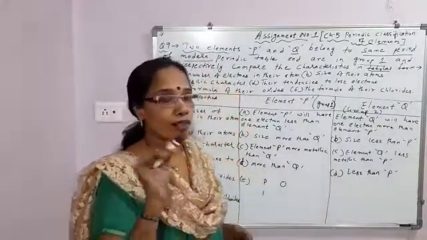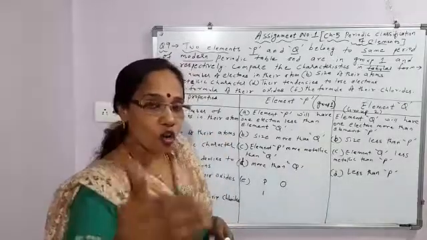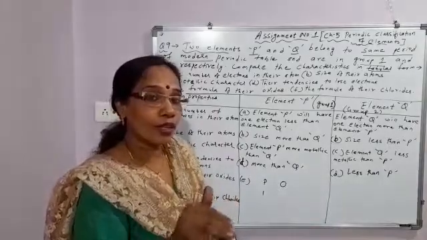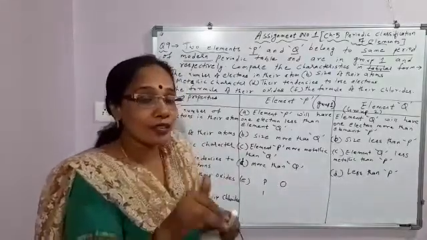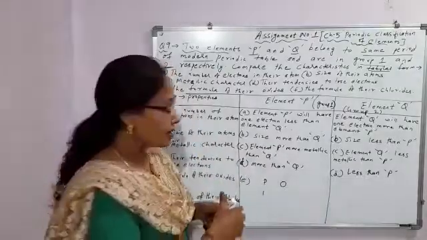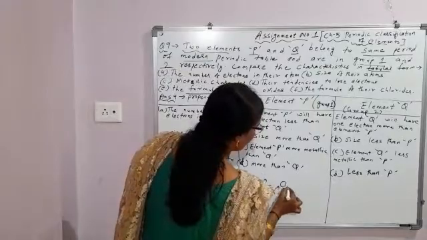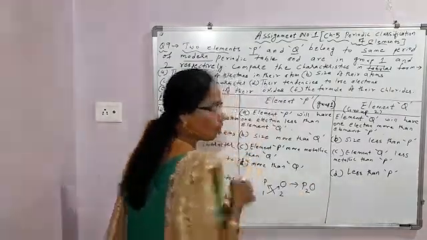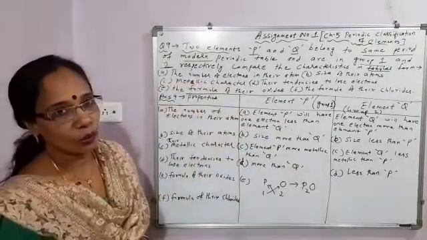And oxygen, you know, atomic number is 8. So 2, 6. Outermost how many? 6 electrons. So what will it do to attain the electronic configuration of the nearest noble gas? It will gain 2 electrons. So what is the valency of oxygen? 2. Now cross multiply. So P2O. So what is the formula of its oxide? P2O. This way you will find out.